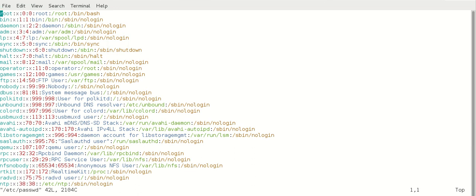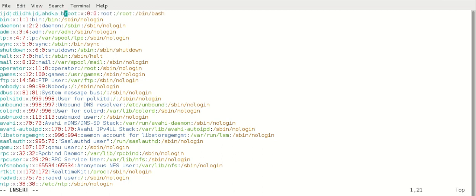If I press small i, where is the cursor now? Below, it is showing insert. Insert mode means we are ready to edit the file. So now we are going to add something here. If you want to add anything, okay, I'm doing something.